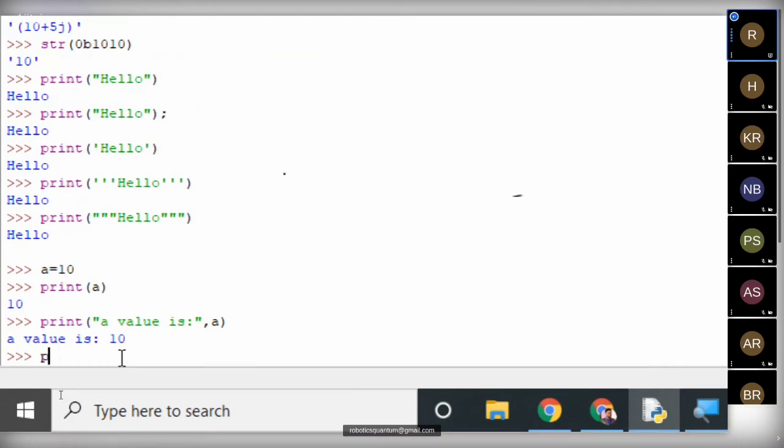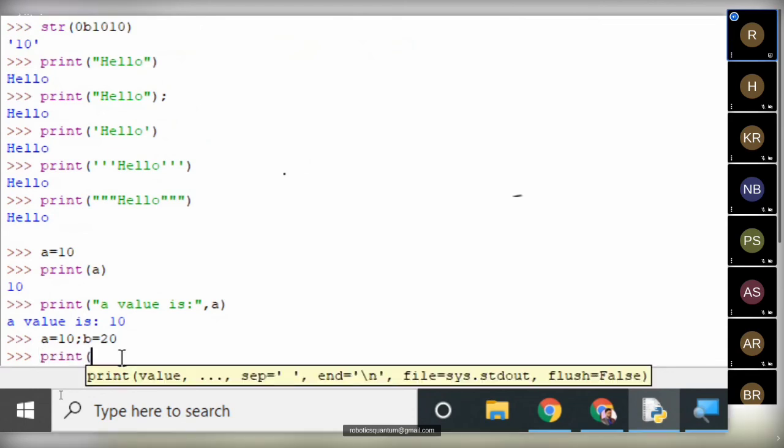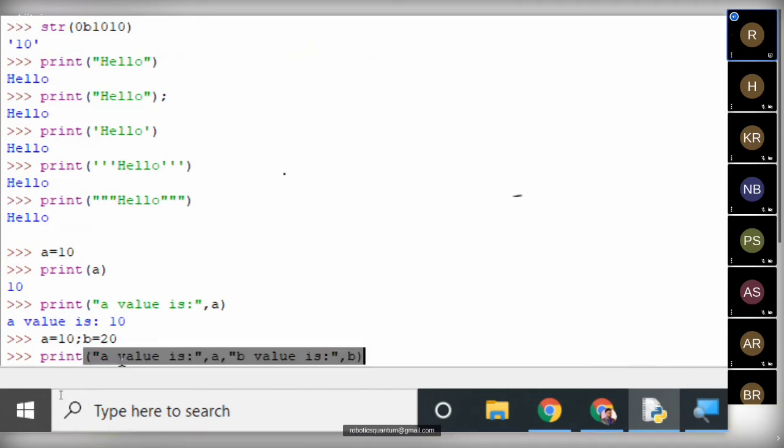If you want to print two values, let us take a equal 10 semicolon b equal 20. So print: in single or double quotes, a value is, closed, comma a, comma, then double quote start b value is, closed, comma b.